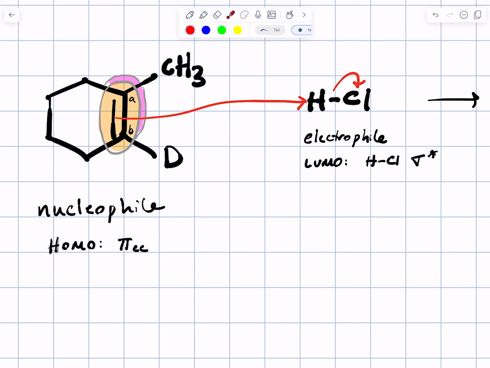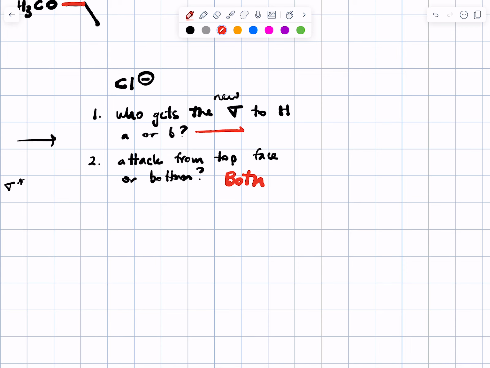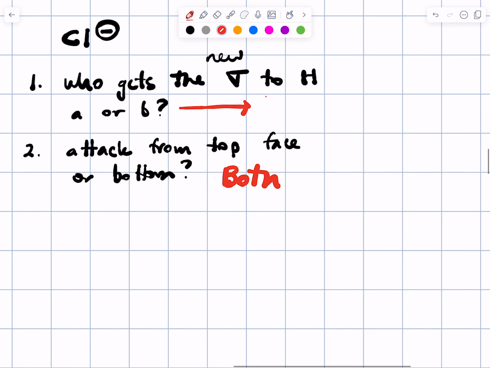So now you can see where we're going. We're going to talk about carbocation stability again. Which is the better option? Should the positive charge be on A or should it be on B? A. Why? Because more substituted carbocations are more stable because of hyperconjugation. So the question, who gets the new bond to hydrogen, A or B, leads us to something that is called the Markovnikov rule,